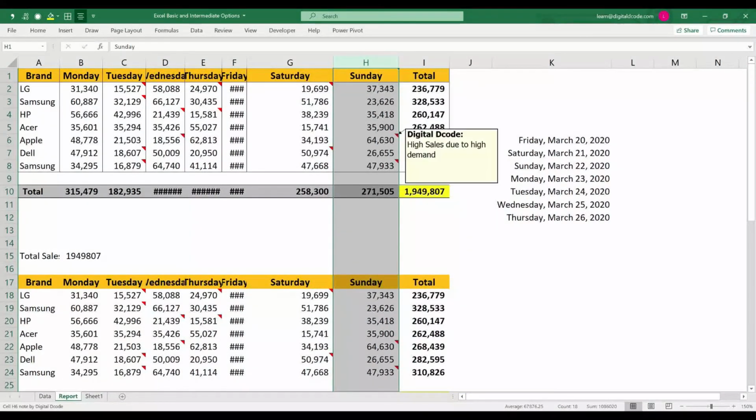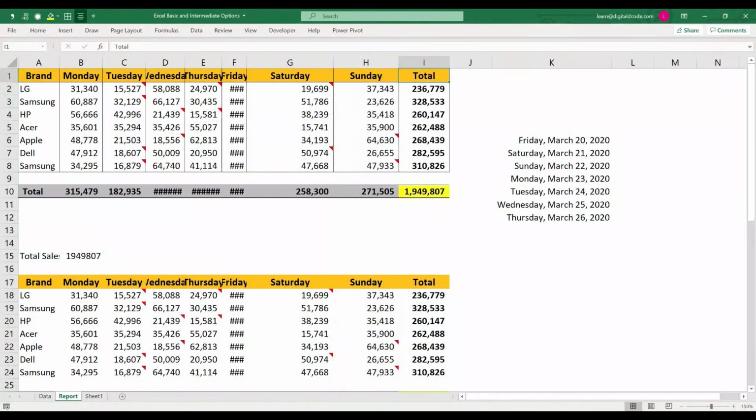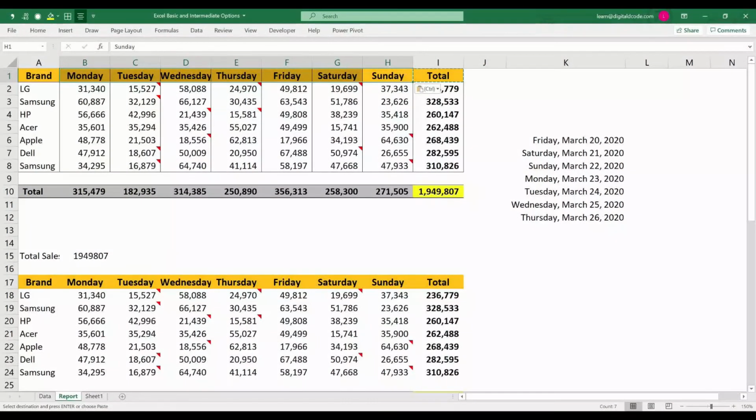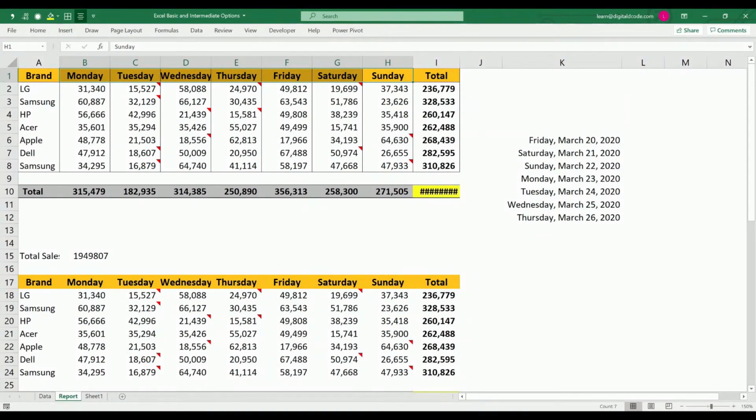I want to apply the one column width size to other columns. To do that, I can copy this column. You can pick any one sample column, then choose the rest of the columns where you want to apply the same size, then go to paste special, choose column width, and OK. So now you can see the same column size has been applied. To check, if you press here, you can see 9.73, and here also you'll have the same 9.73.